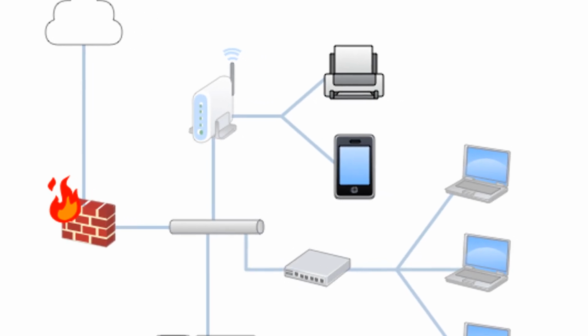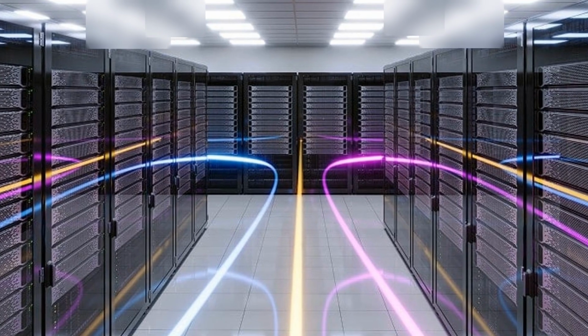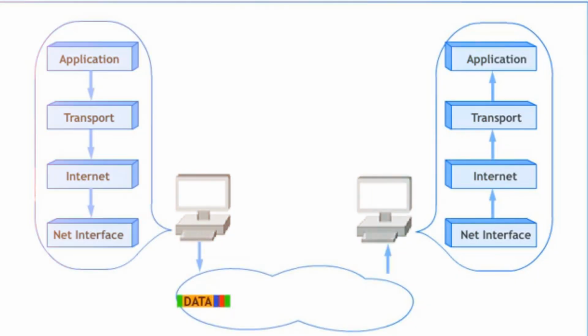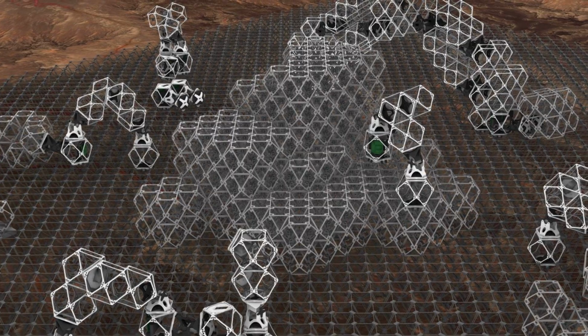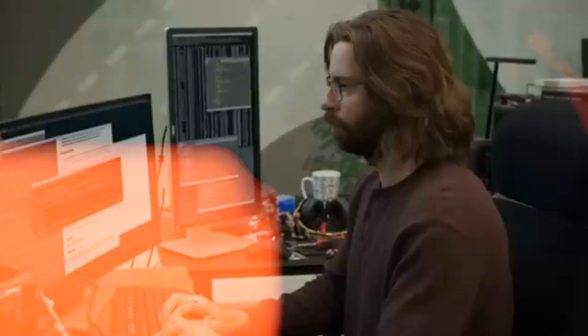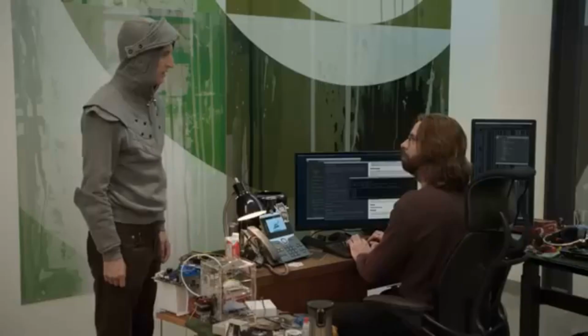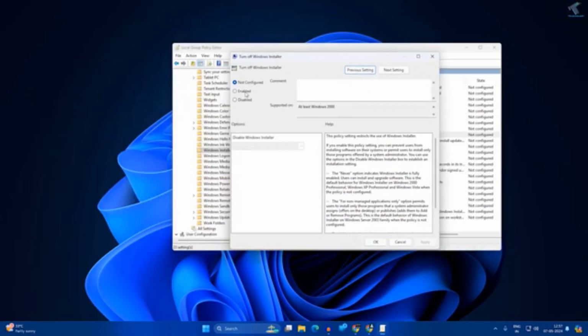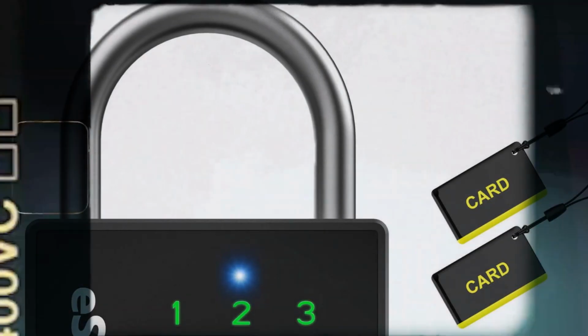A worm doesn't need a host file, and it doesn't need you to click anything at all. It's a standalone piece of code that exploits a flaw in a network or an operating system and replicates itself straight across every connected machine it can reach, entirely on its own. Replication solves getting code running somewhere. It doesn't solve getting code running on somebody who's actually paying attention. That takes a different approach entirely.